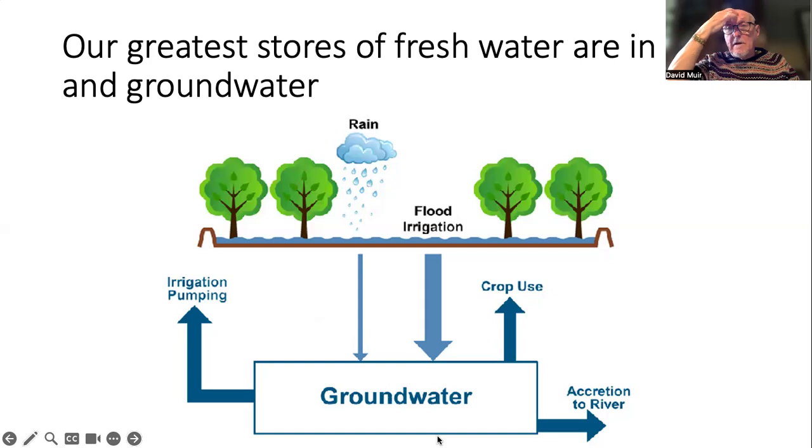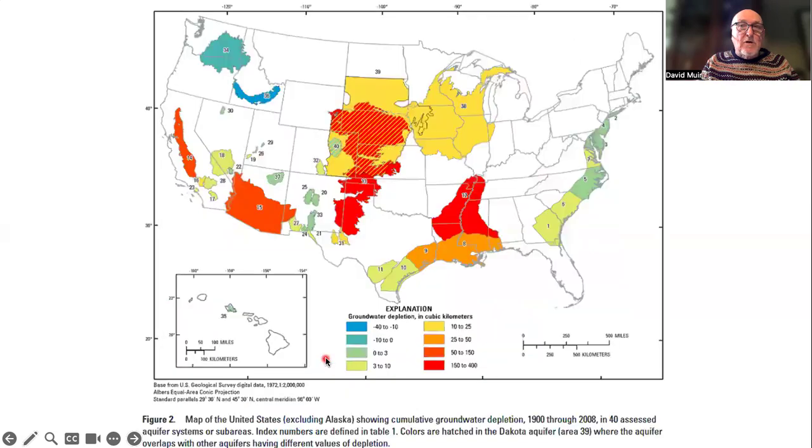In addition, there's another loss from the groundwater, and that is it slowly percolates down and percolates out to rivers and even percolates out to the sea. So there is a natural percolation, but that percolation is so slow that this is about the same speed. It is our abstraction of the groundwater by mechanical means that depletes it faster than it can be replaced, and that has major consequences. All of these here are major aquifers in the United States, and this